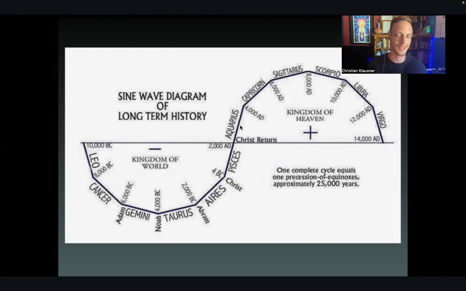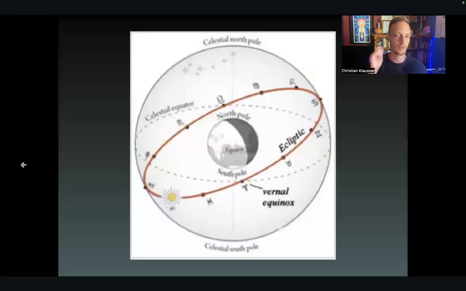And some people will contest that, but in all the research I've seen, we are 100% absolutely in the age of Aquarius. Okay. So one complete cycle equals one precession of the equinoxes, approximately 25,000 years. The precession of the equinoxes, this is very key to grasp. If you can grasp this, this is actually pretty advanced, but it's also very rudimentary. This is something you need to understand. The precession of the equinox is this point. Whenever we hit the vernal equinox, this point every year,